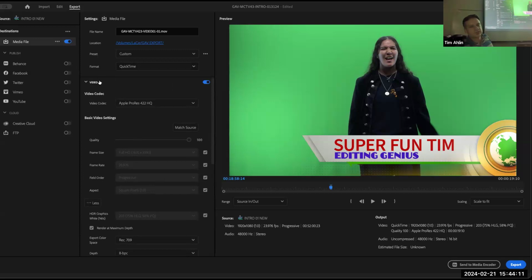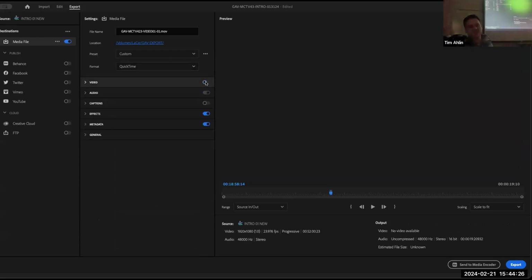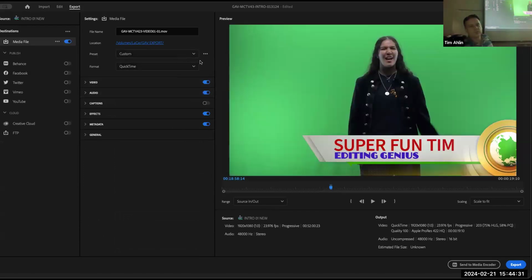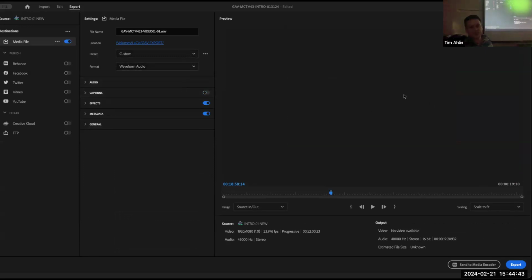But these are all options you can go through and mess with, and we can talk about it. Realistically, I'm not going to go into every option. What's notable is, do I only want to export video? Do I only want to export audio? They're both toggled on, but sometimes I don't want any audio, or I just need it in video. Well, guess what? It's just going to be black. In our format, we also have audio-only options: AIF, MP3, or WAV, and there won't be any video.